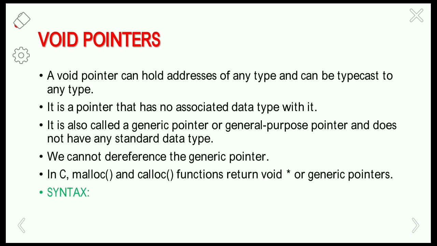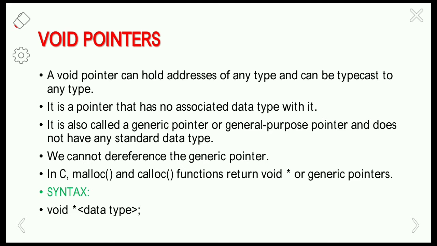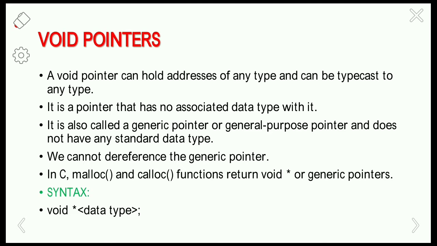We will see the syntax of the void pointers, that is void pointer data type, that type variable. Now clearly see, we will see it with an example. So int x equals 10. I am taking a variable x of integer type and assigning the value 10 to the variable x. Next I am assigning a character i with a